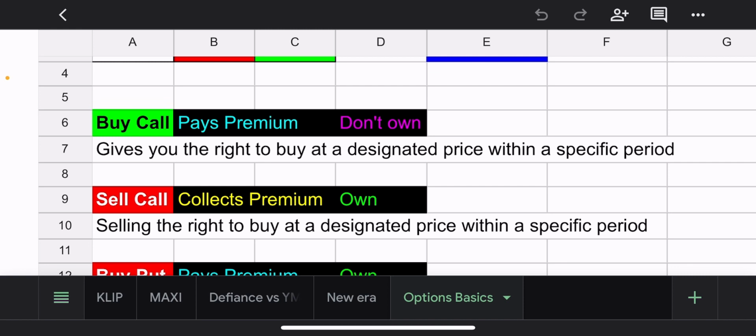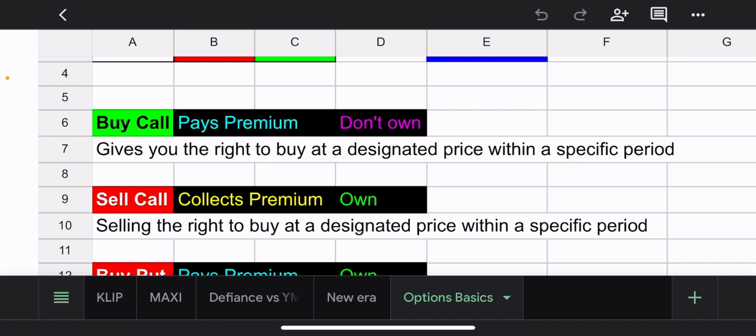So it's a bullish play because, again, you're going to buy a call for a particular stock or ETF, choosing a price and an expiration date. And the idea is you want that price to be above that strike by expiration date. And if it does, you have the right to buy at the strike price. So if the stock ends up being above the strike price, you can go ahead and now buy that same stock for less, which is the strike price you chose.